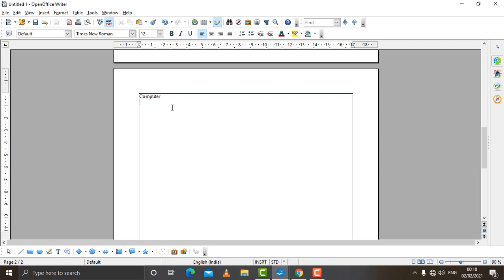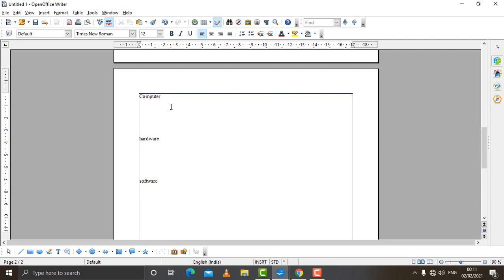Then it needs a description, so I'll leave the description. I'll come to the next heading. Say for example the next subheading is Hardware. The description should be there, and then suppose Software, and then there should be a description.